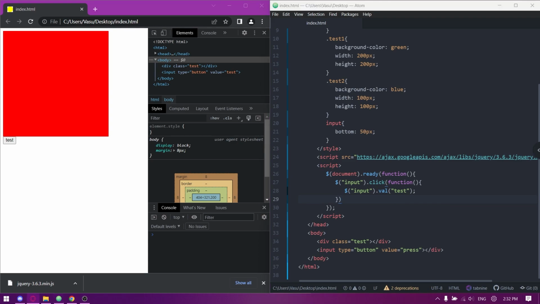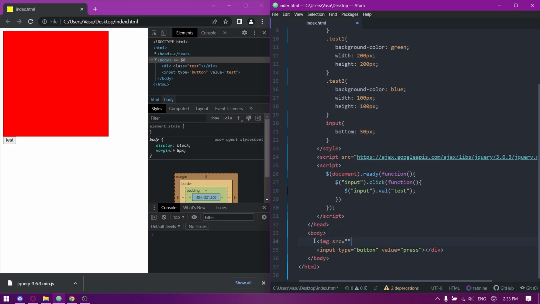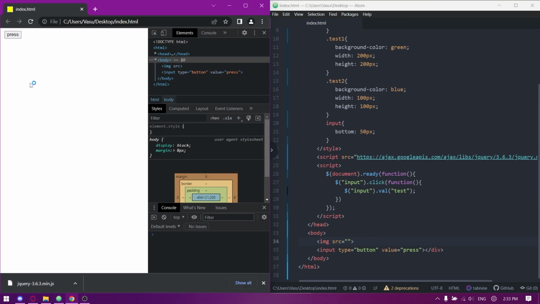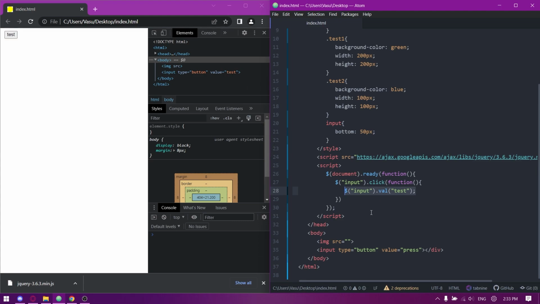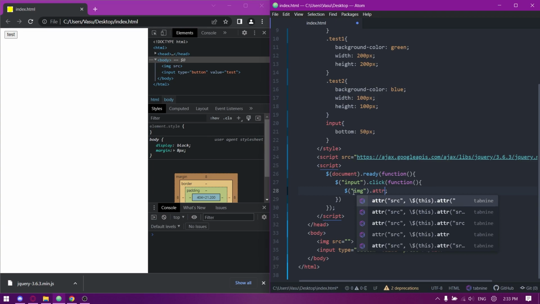All right, and then finally you can change an attribute. To demonstrate, let me change this div to an image. So img src is equal to, and then let's not have an image. So right here we have no image, and then when we click on the button, let's have it load an image. So we can search for an image, and then we change the attr attribute,